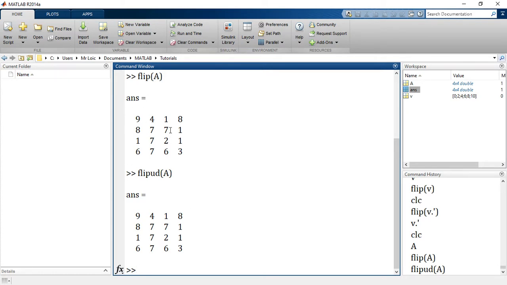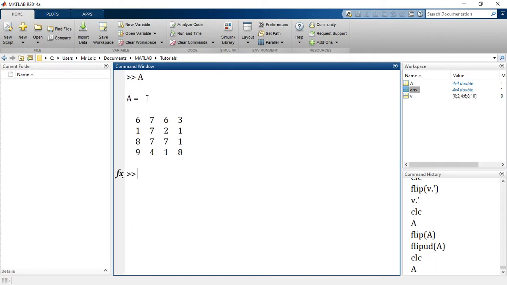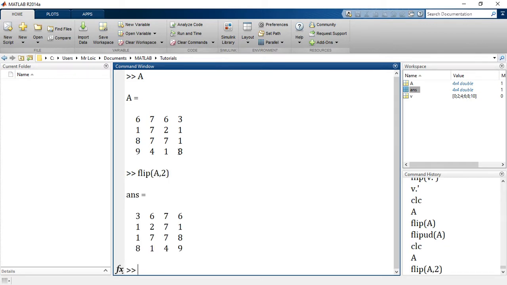Now what if I want to flip, but instead I want to inverse the order in terms of column? So I instead want the first column to become the last column. In that case, I'm sure you must have guessed already, if you are good at patterns, it's just to indicate that we want to do it following the second dimension.